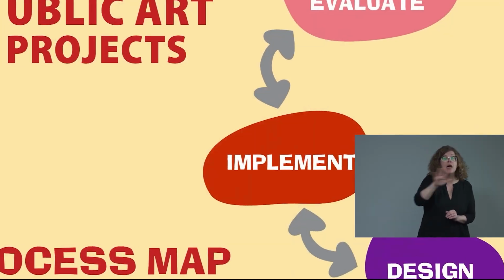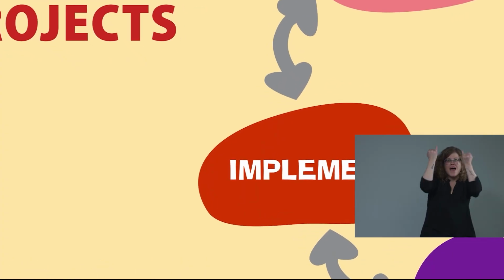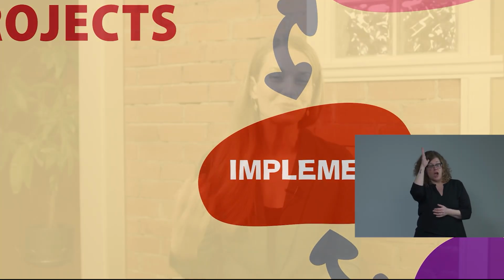Once the concept has been created, that's when you move into the implementation phase. But really what we're looking for is how you make that concept a reality. So depending on whether your artwork is 2-dimensional or 3-dimensional, whether it needs installation into the ground, whether there's electrical, if there's glass, if it's an external fabricator, this is where you start to actually develop the project and make it real. It might be one phase, but it's often the longest and the most complicated phase of any art project.